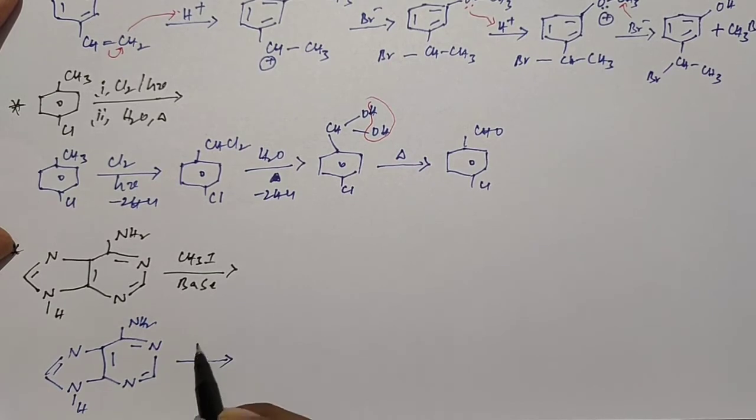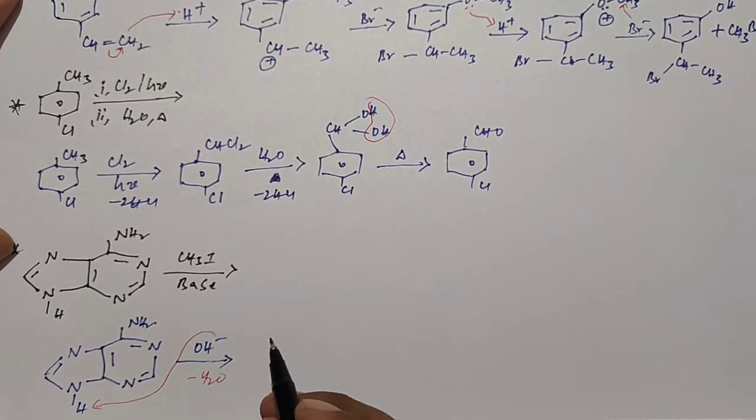So this given compound reacts with the base. At that time, the OH minus ion can react with this hydrogen and pass away in the form of water. So then we get the product. At that time, these sigma electrons are shifting towards nitrogen as lone pair electrons. So then finally we get the product like